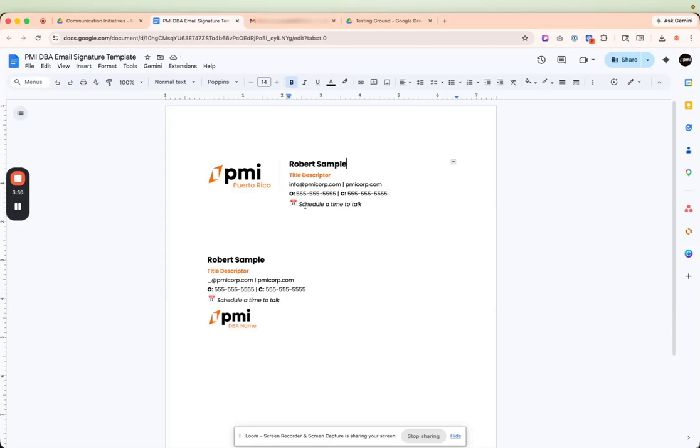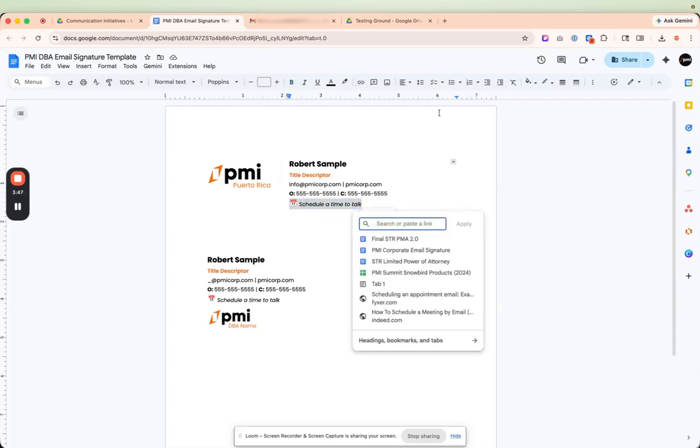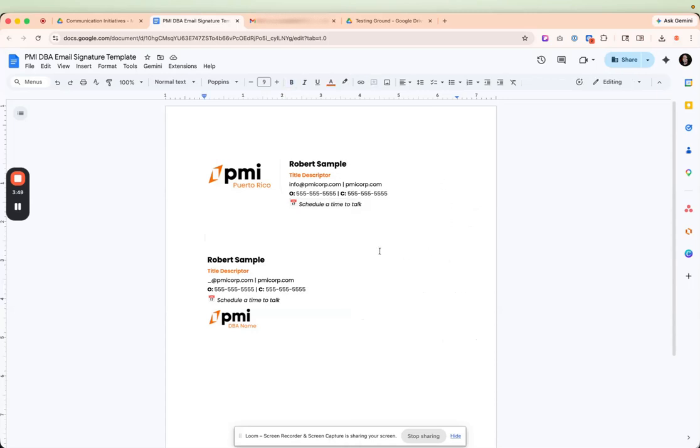And then down here, if you want to have a schedule a time to talk, this is where you're going to go into Calendly and set it up on your end for scheduling a meeting with you. And then you would just select all of this, click link, and paste it in there. And then, okay, so once you have all of it saved to what you like, select all of it here,